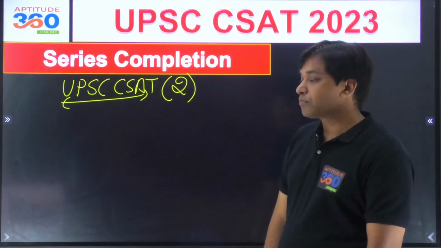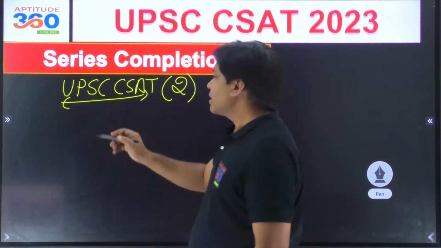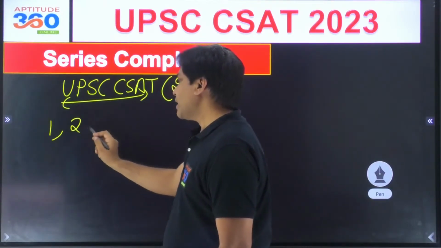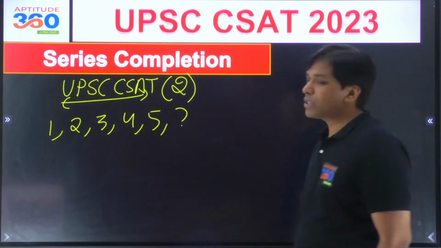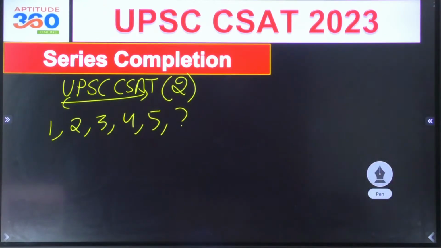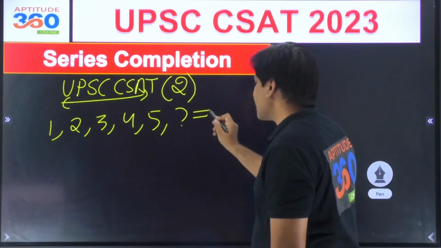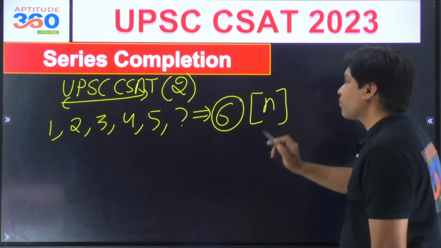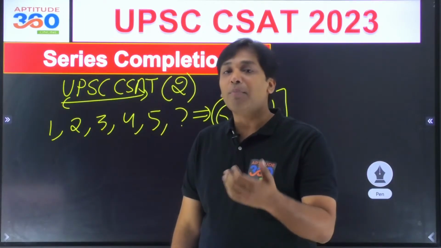All right. So what is it that I am talking about? As of now, I am talking about series completion. See this, these are the very basic things. If I have 1 and then 2 and then 3 and then 4 and then 5, what is the next term? It's pretty simple for you to identify the next term here, isn't it? This is going to be 6. And this series is n. So I am telling you how you would start thinking about a problem.